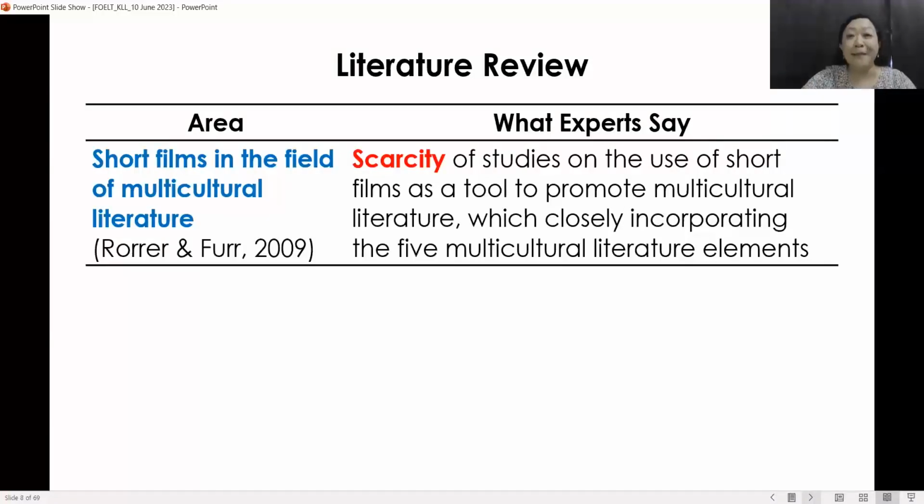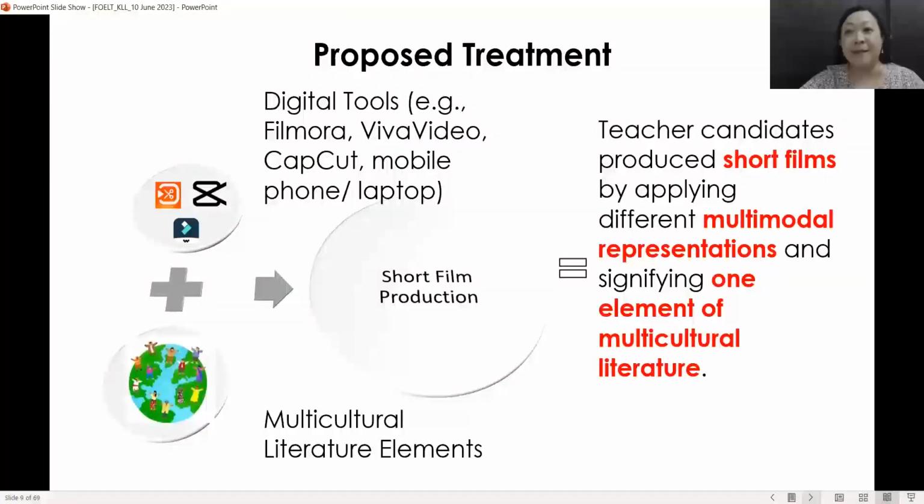And another area in which I researched is the use of short films in the field of multicultural literature. Via the literature review conducted, I got to know that there's a scarcity of studies on the use of short films as a tool to promote multicultural literature, and which also closely incorporate the before mentioned 5 multicultural literature elements. Right, so hence for this study, this is the proposed treatment